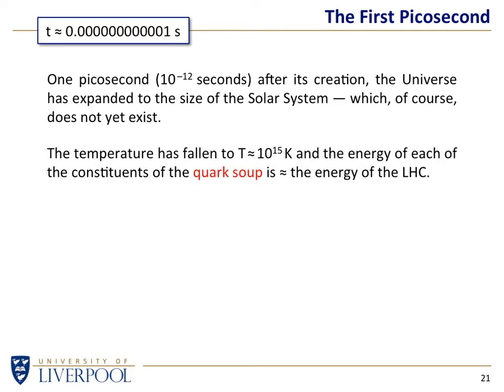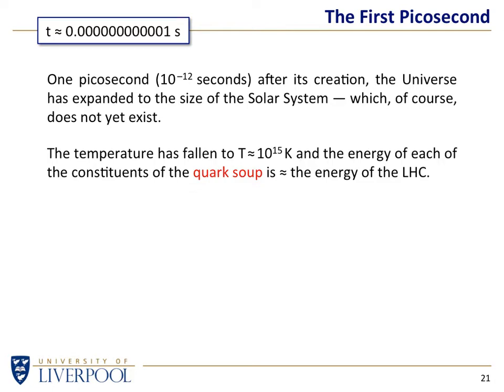The energy that we're talking about, the energy of the individual particles in this soup that now occupies the equivalent of a solar system, the energy of these particles is roughly speaking the same as the energy we can create in the Large Hadron Collider. When we bang particles together and see what happens, how much energy can we provide to two particles when we collide them in a particle collider? That energy is, roughly speaking, the energy with which the universe had lots of individual particles at 1 picosecond.